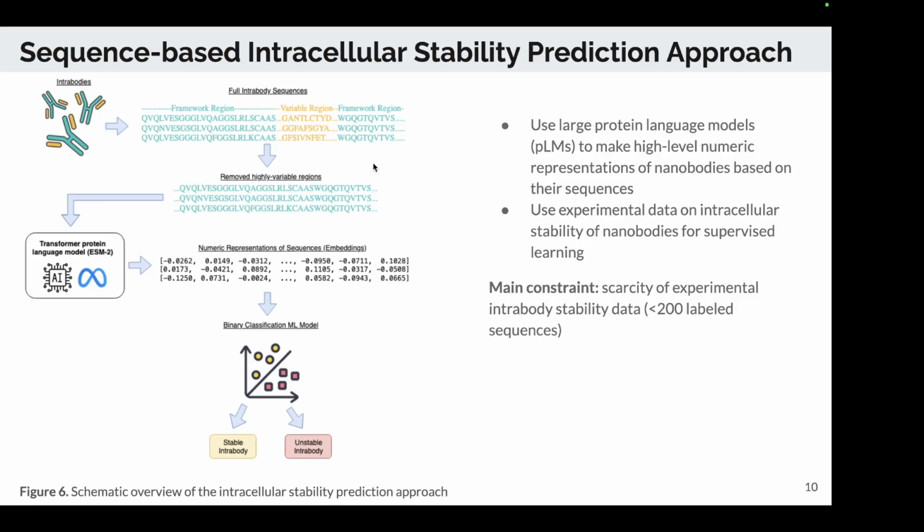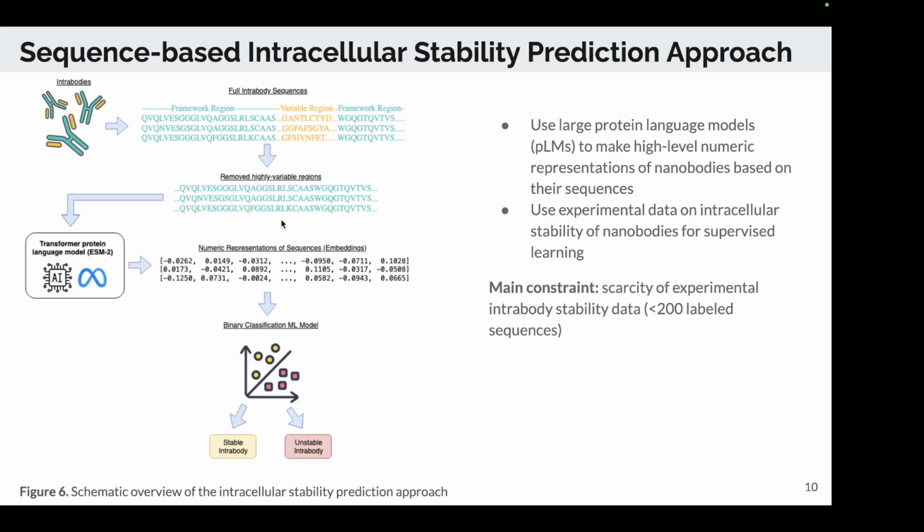The rationale here is biological, because in the antibody you have different regions, and some of those regions are highly variable, and they are mostly about binding to a target, while some regions are more conservative and consistent across different sequences, and they form a sort of backbone of this antibody, and they are more relevant to stability. So using this information, we removed highly variable regions because according to our research, they introduce more noise than signal in this task, and we ended up